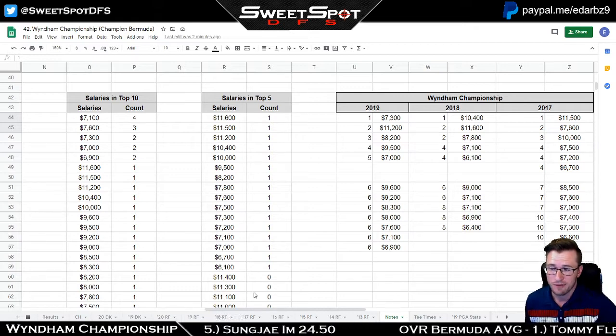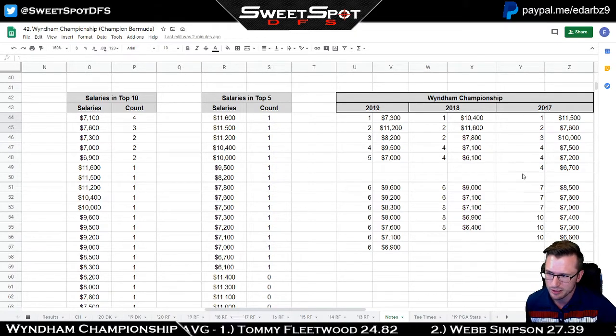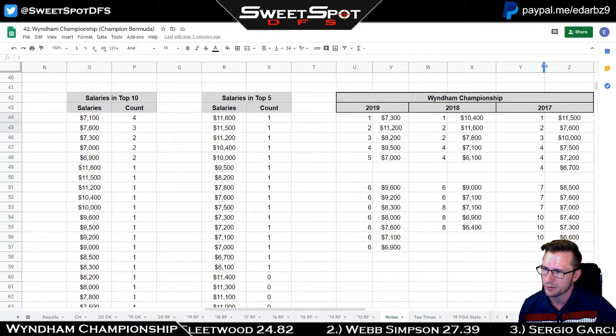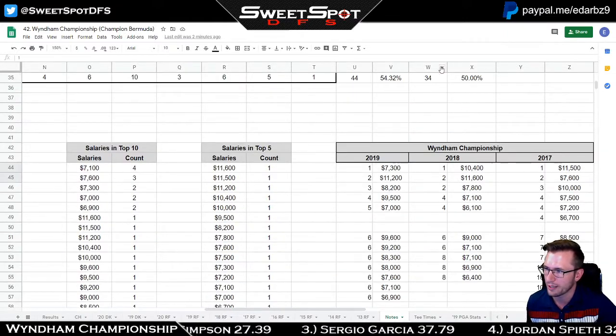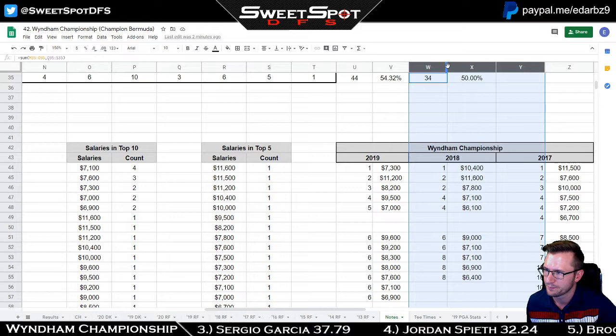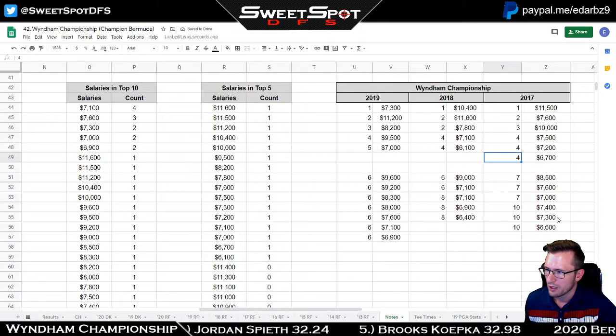the years that I actually have salary data. So that would obviously be 2019, 2018, 2017. Not sure why this is spaced out so much. Why is it? No reason why. So let's go ahead and close it up. There you go. Okay, so